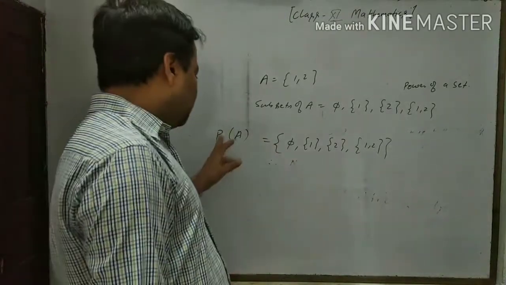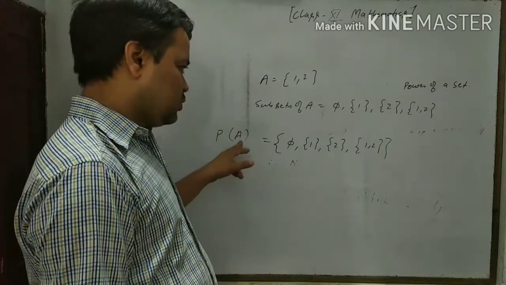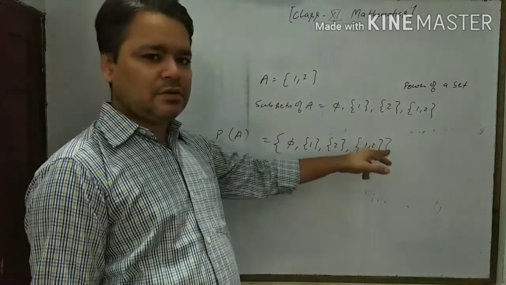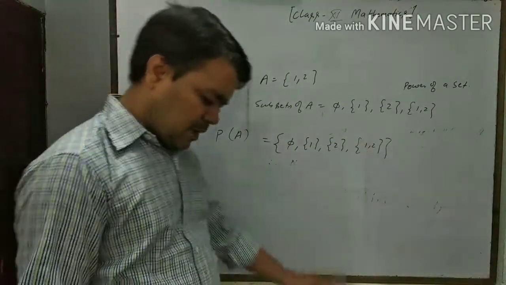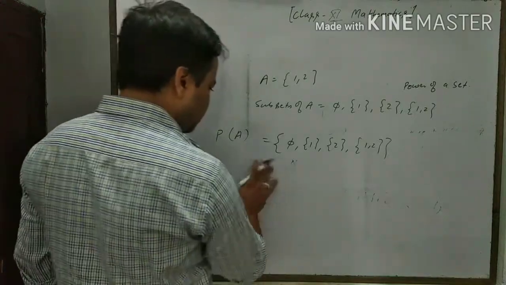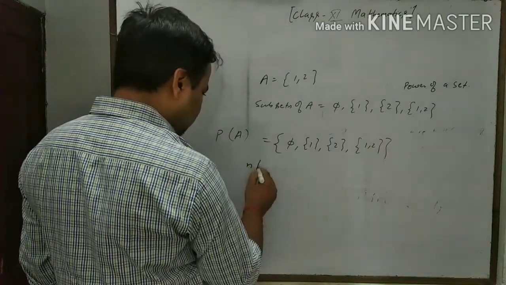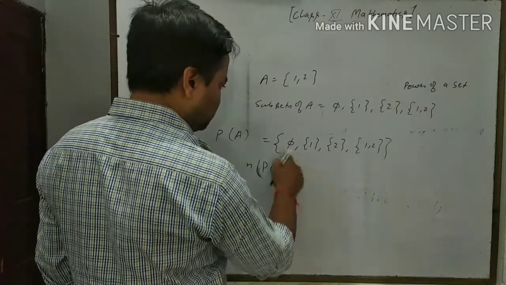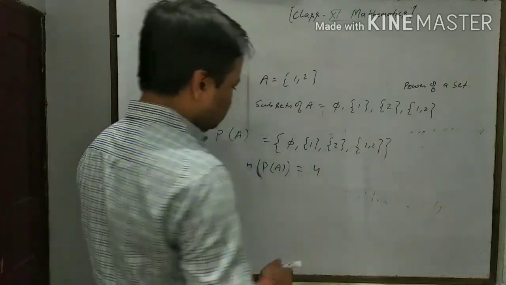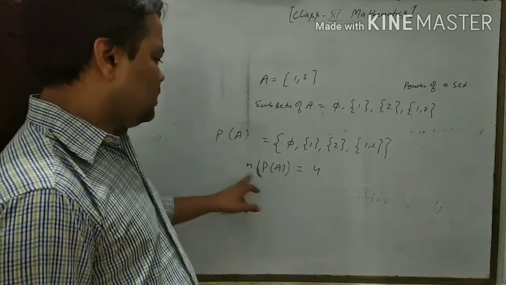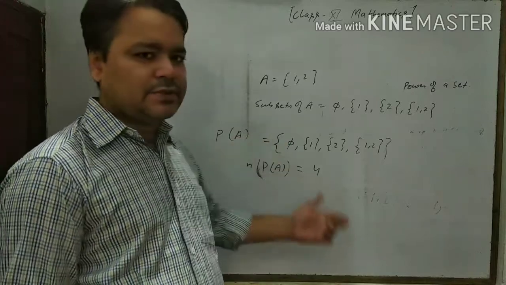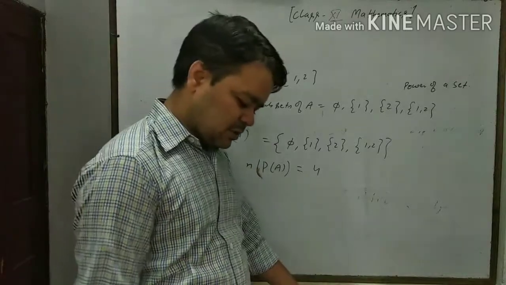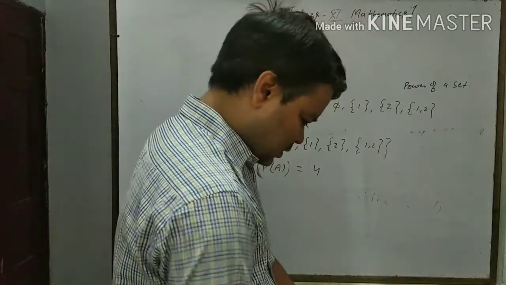Okay, power of a set is equal to the collection of all the subsets of that particular set. Getting? So this is the power of the set. And what is the cardinal number of this power set? That is 1, 2, 3, 4, that is 4. In this way we can also find the cardinal number of the power of a set. So this is the power set. Power of a set means the collection of all the subsets of the set is called the power of the set.